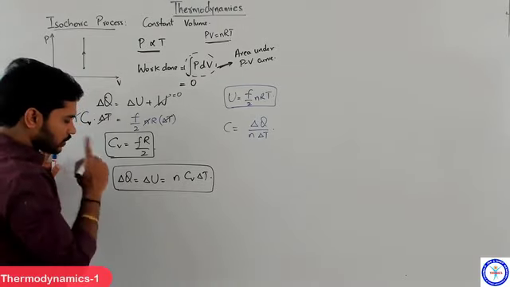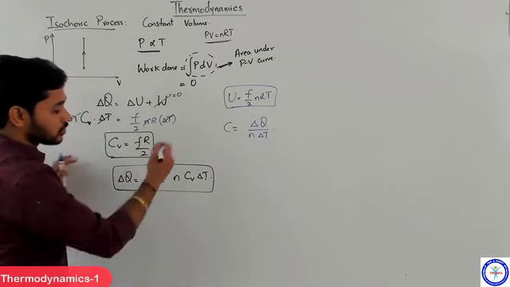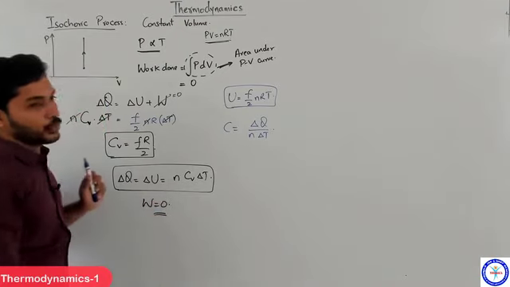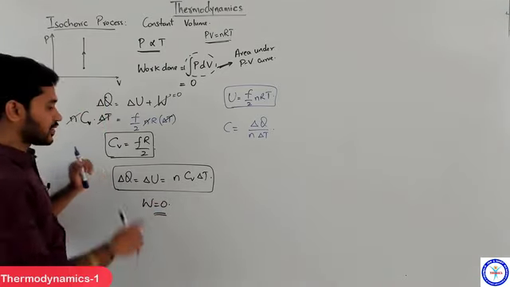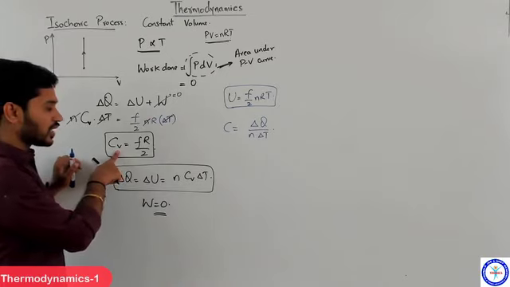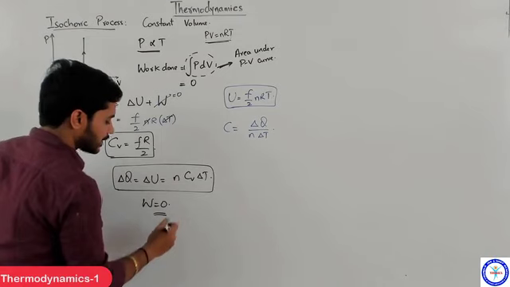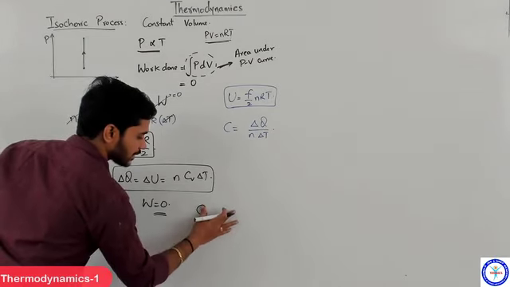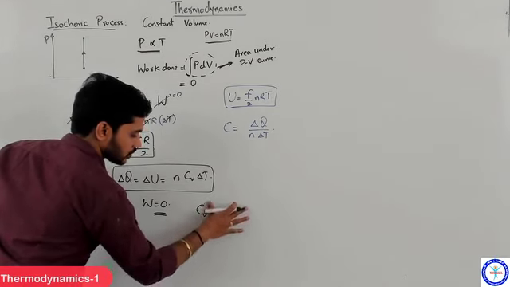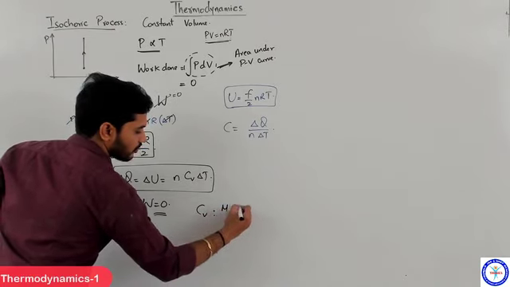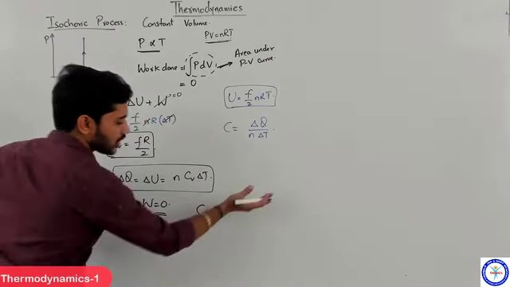Yes, students. So that is the idea, and also keep in mind that work done is 0. So these are some points which you'll have to know about isochoric process. For a constant volume process, the molar heat capacity will be fR by 2, which means for monoatomic gas, the CV values for monoatomic gas, mono is 3, right? So 3R by 2.